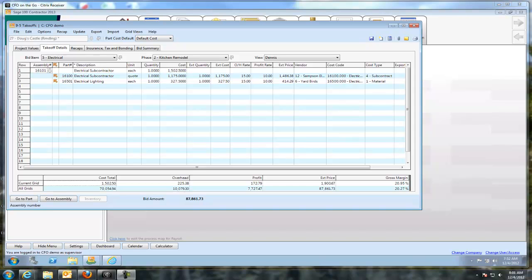I'll go through this kind of quickly. We can always go into more depth if we need to later. But I have one of my estimates up. It happens to be for a remodel,